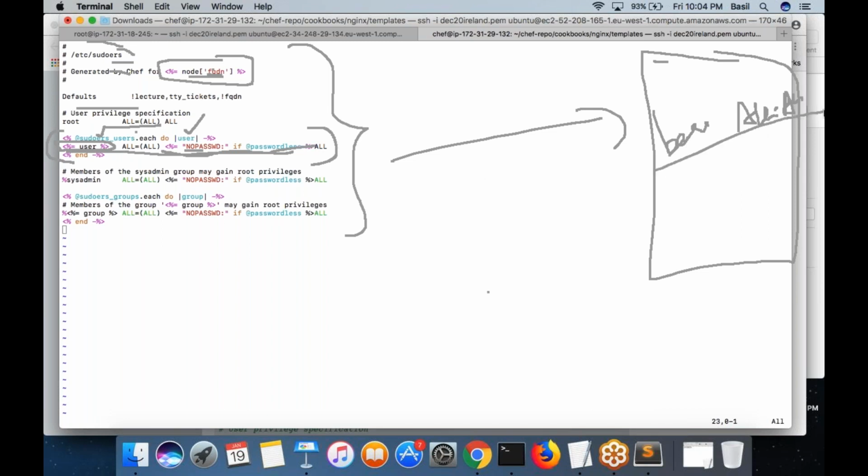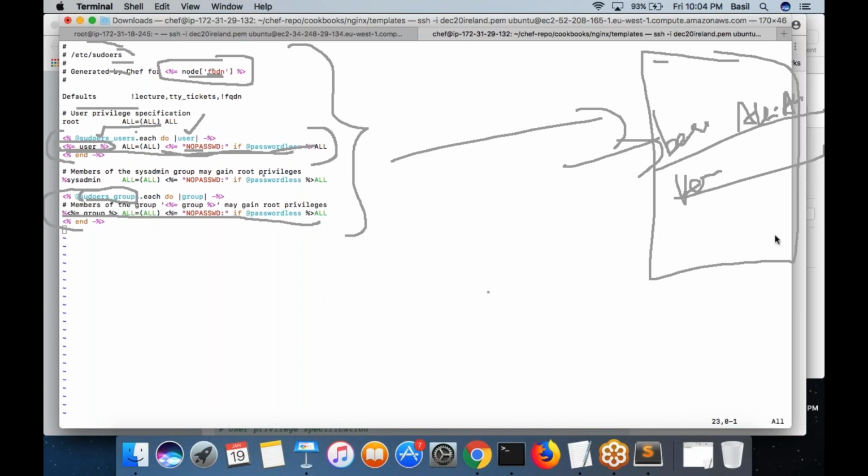So this is the exact line that would be created in the first iteration. Then for the second user, which is Karthik, it will repeat again. One more line will get added for Karthik, and the same thing will happen for the group also, like this. Sudo-as group, for each value in this variable, you are adding this new line.